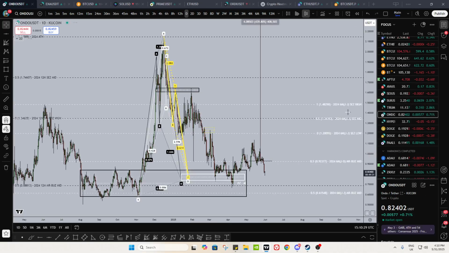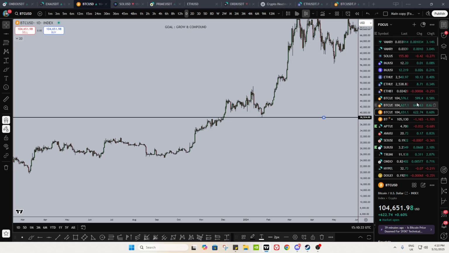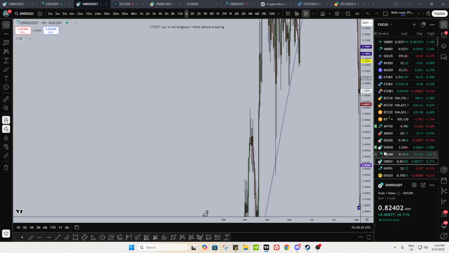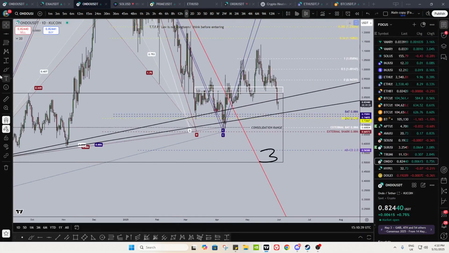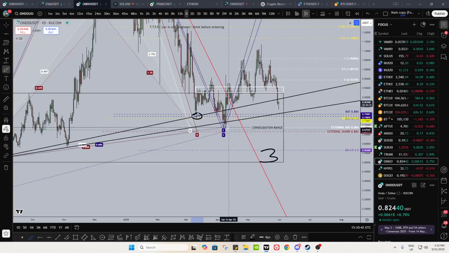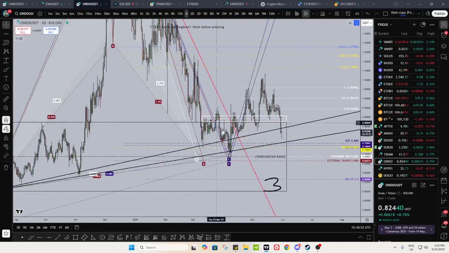Let's look at Ondo. Love this one. Ondo, this is one of the ones, actually this is the first one I gave an alt as well, right, because Ondo is the first one that hit PRZ. So what PRZ did Ondo hit? Right here. This was 1, this was 2. We are in from 2. Okay, I know some of you joined a bit later, so that can't be helped. But for those of you already in the server, I literally gave this over here saying, look, we've hit the second PRZ, right? So that's that.